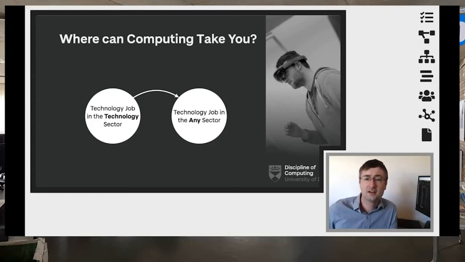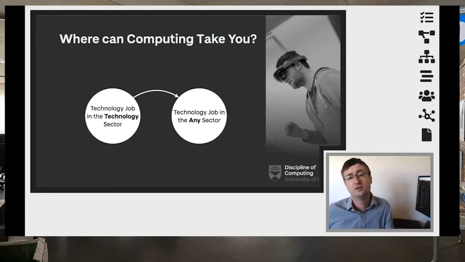Like I said at the start of this presentation, I'm actually a graduate from Dundee myself. So when I was trying to figure out what are some really great examples of people that have done a degree at Dundee and then went on to do amazing things, I looked at my own cohort of students that I worked with and tried to figure out what they're doing now.